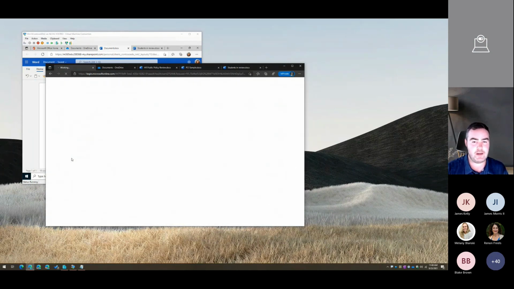But notice how it's automatically logging us into our Google Workspace for us. It's not prompting us for any credentials. It's going to use our token from Azure AD since we're already signed in to Office 365, assuming the demo gods still like me and it didn't refresh our token yet. So as soon as we see this come through,